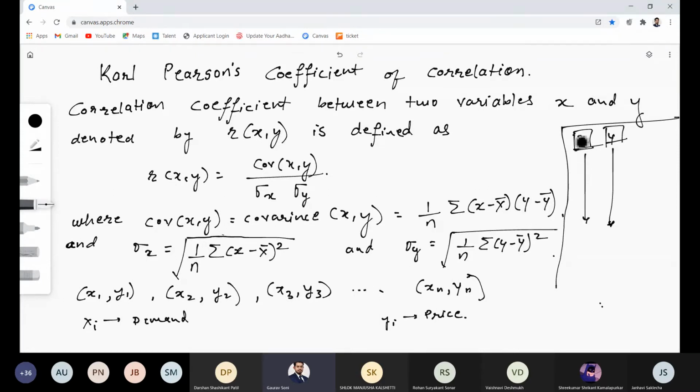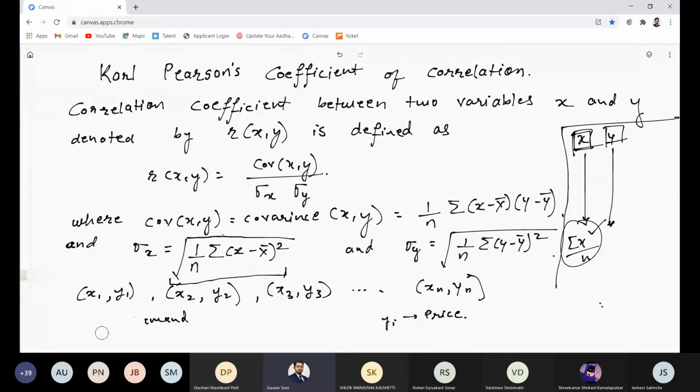We know how to find the mean of these values of x. What was the formula? Summation x divided by n. In this case, our frequency will always be 1. If you put f is equal to 1, you will get this formula. So in correlation, we don't have frequency. Everywhere we will have the values of x and values of y. Find separately the mean of x, mean of y, standard deviation of x, standard deviation of y. Now, as we have understood this, let's simplify the formula that we have.